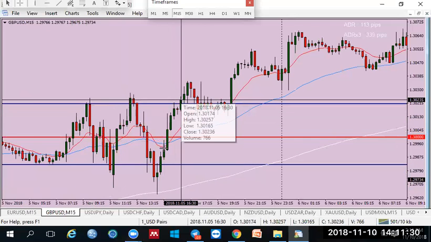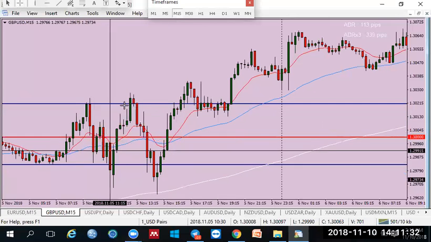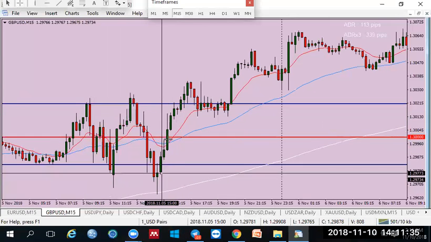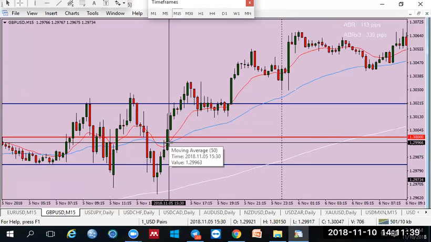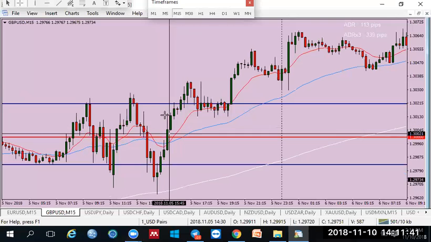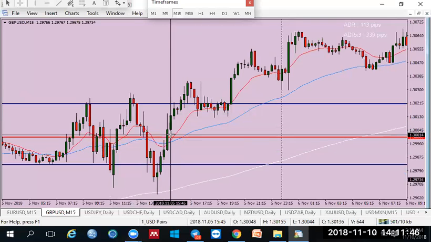So there's a W shape here, and this is the second leg of the W. The second leg having been formed, there was a 13/50 cross and a closing of the candle above the quarter point. So this was enough signal to make you buy this pair for however long you preferred. If you prefer to buy this pair until it closed below, there was no closing here, it went up,